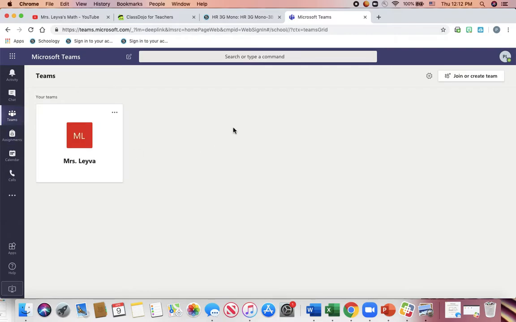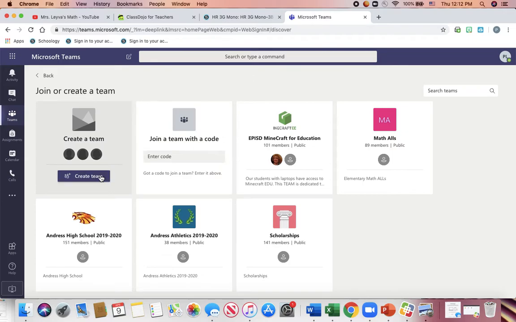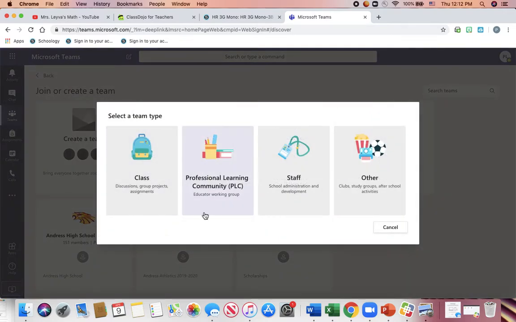I already created my class, but let's say that I want to add or create another class. Let me go back to Teams. Let's say that you haven't created a class, so you're going to click on join or create team. Okay, so all of these are already here, but this is not yours. So you're going to create a team,